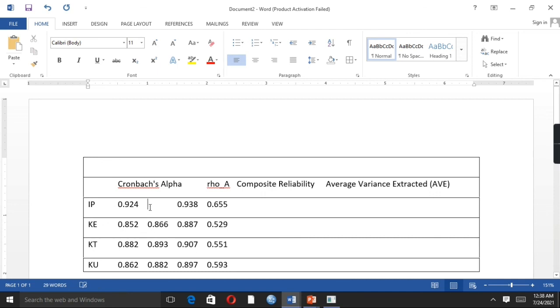So these are the values. Composite reliability, these are the values of composite reliability and Cronbach alpha as well.